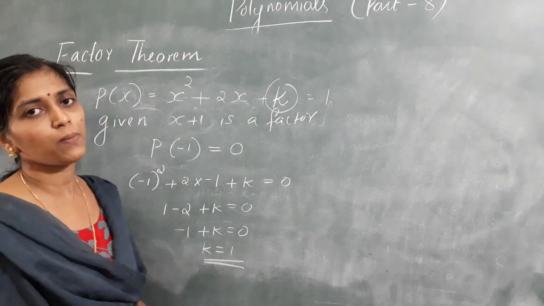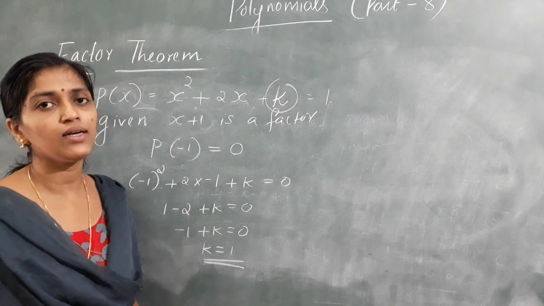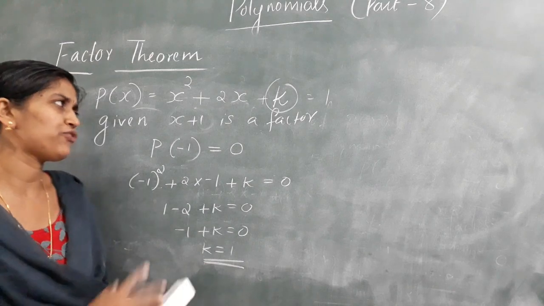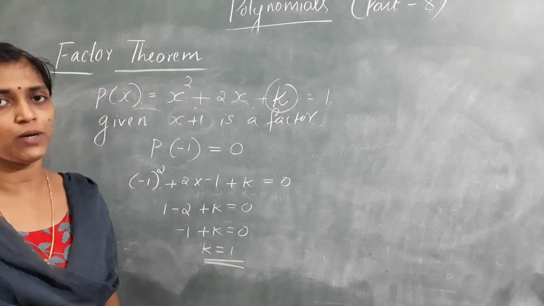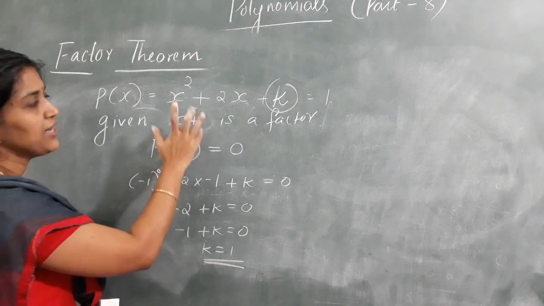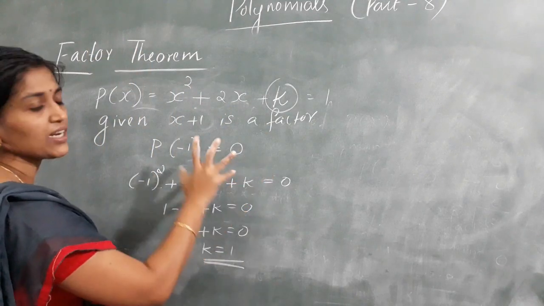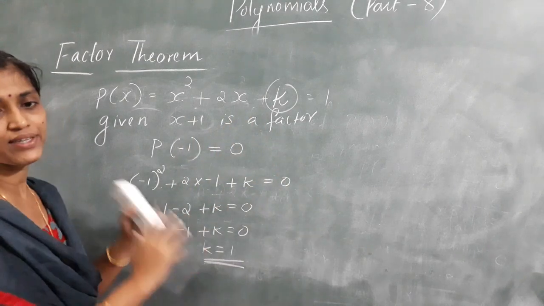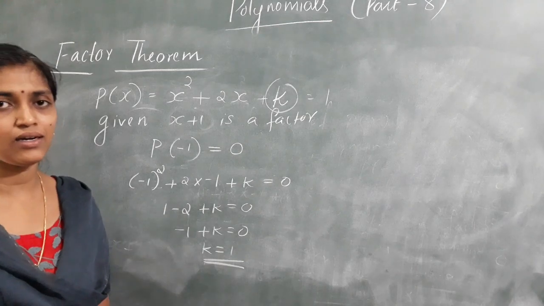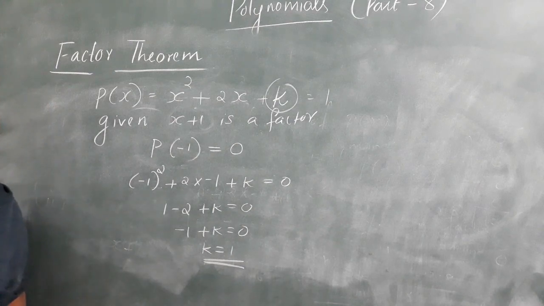Clear? So, we are solving two types of problems using the factor theorem. One is to check whether a polynomial is a factor. And the second is to find the value of an unknown in a given polynomial, given a factor. That is, a factor x plus 1 is given, and you have to just find the value of k. If it is a factor, directly we can say the remainder is equal to 0. Taking the remainder as 0, you can get the value of the unknown variable k. I think it is clear. Factor theorem is clear, and the problems related to factor theorem are also clear to you.